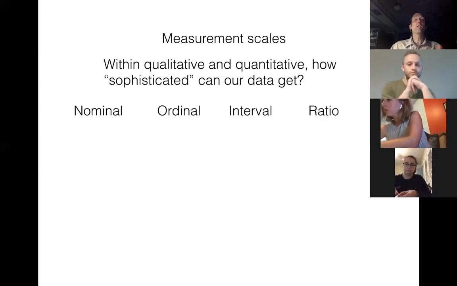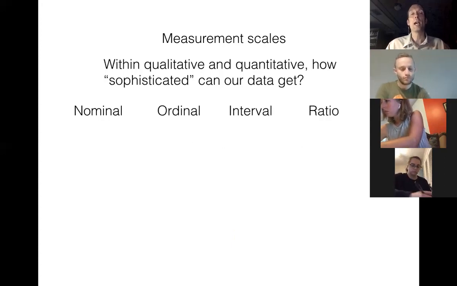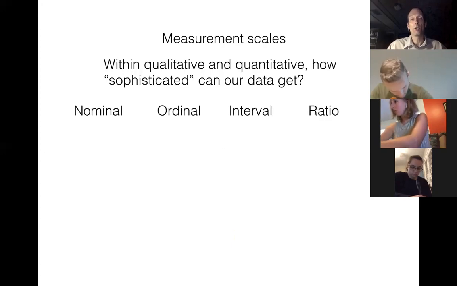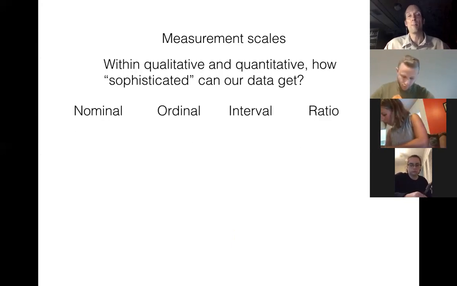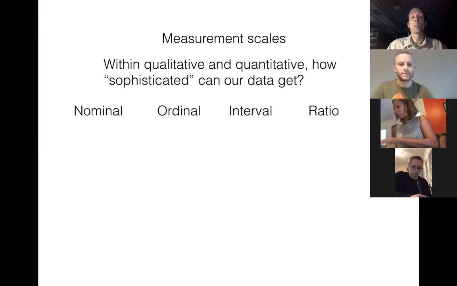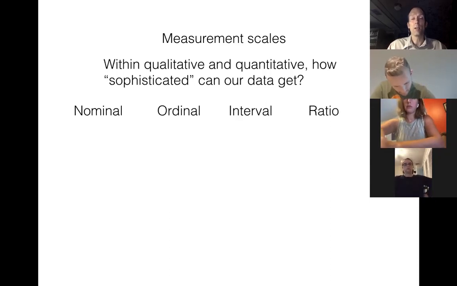Okay, so inside our discrete data, inside our continuous data, we have these things called measurement scales. Measurement scales have to do with how sophisticated your data can get. Sometimes when we're doing statistics, our information is very superficial. Like all you did was record somebody's hair color and you can't get an average on it. You can't find out which hair color is the maximum hair color because it just doesn't make any sense. And sometimes your information you can analyze really well right out of the box. So you have 4 categories that tell us how sophisticated the data is going to be.